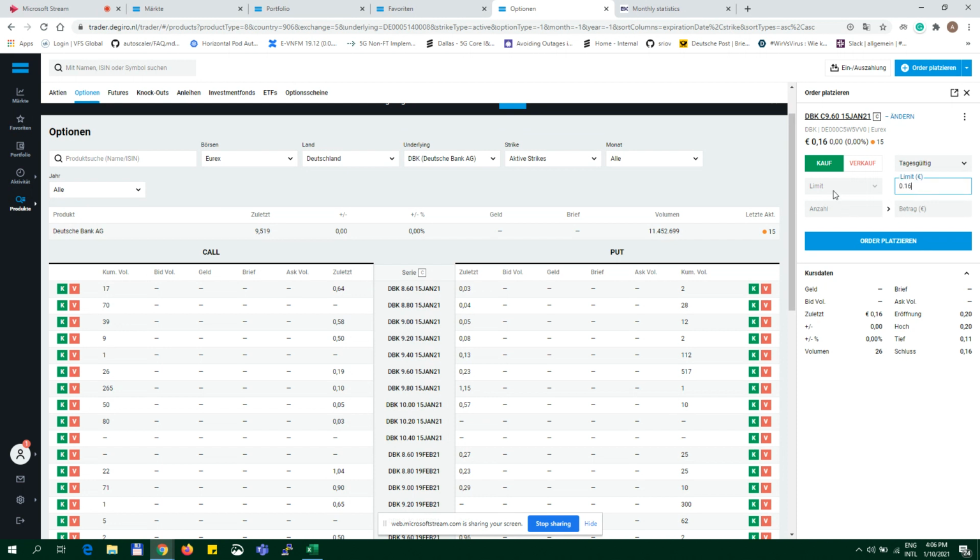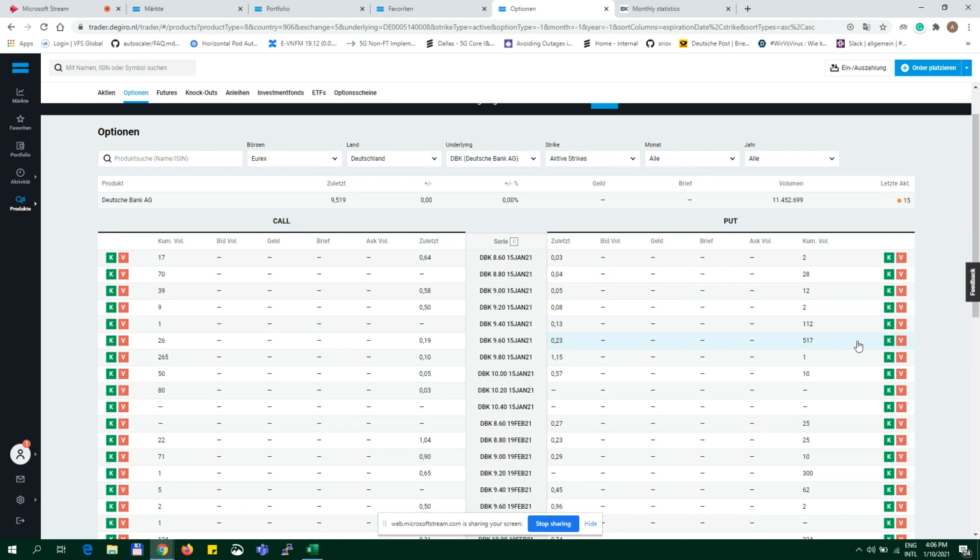Yes, there is another issue here. You can only put limit orders. You cannot put any stop loss here. Yeah, so that's the only thing available. And when you select one here as an option, as an example, you're buying one lot, which is like 100 shares at 16 cents each. And then of course, this is how you can place an order. The same goes for selling. So basically this is how you can select what you want to do there.